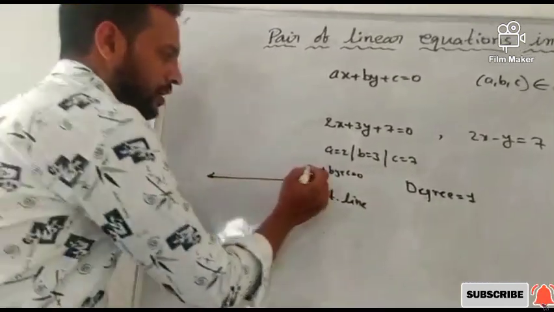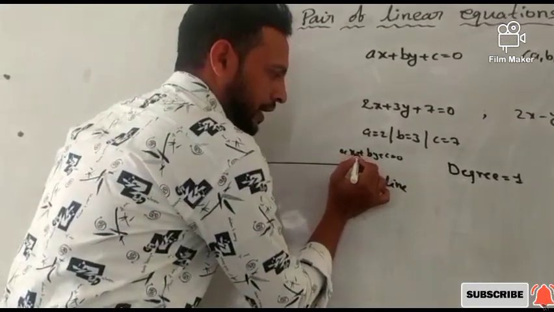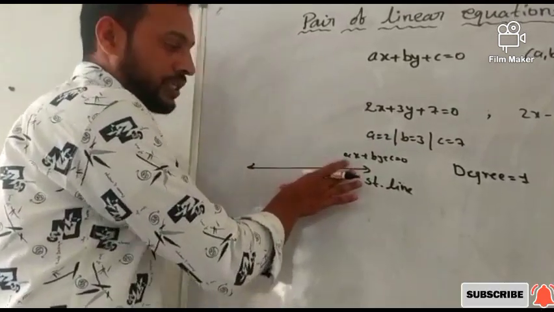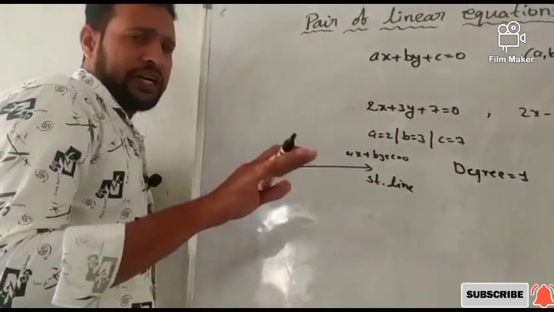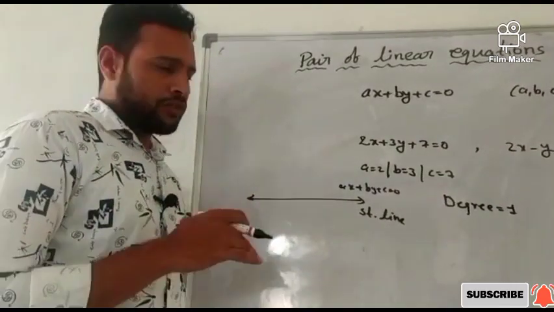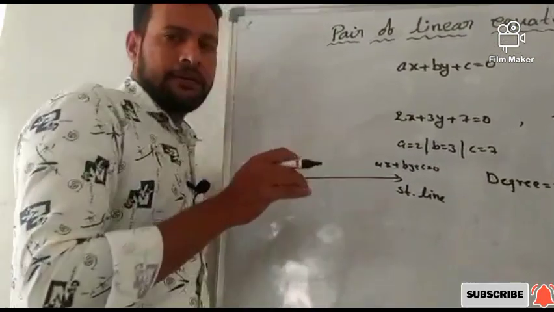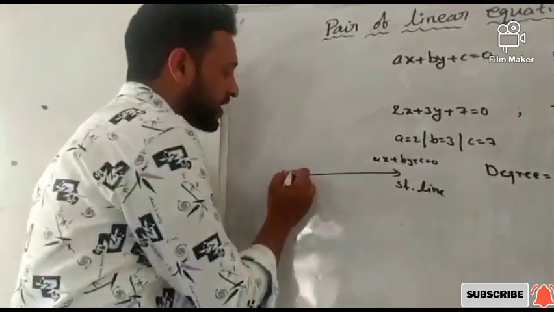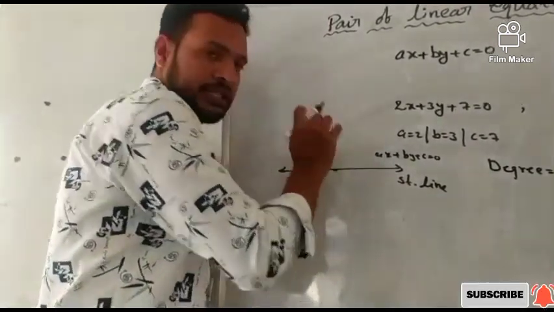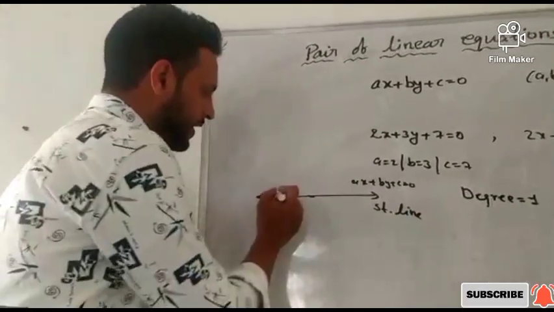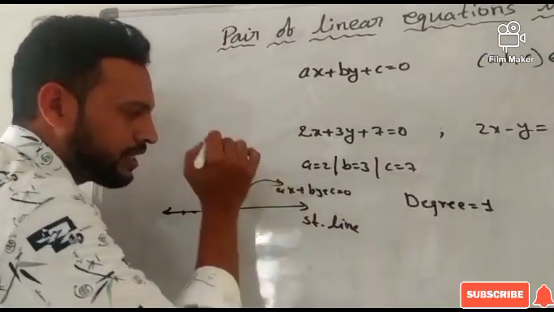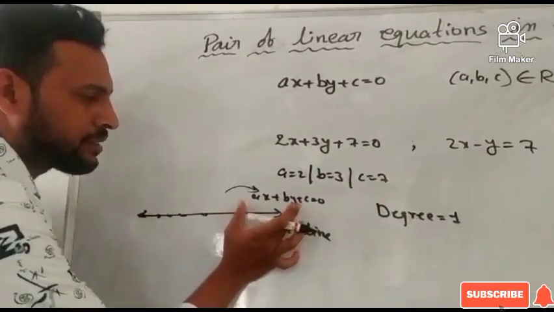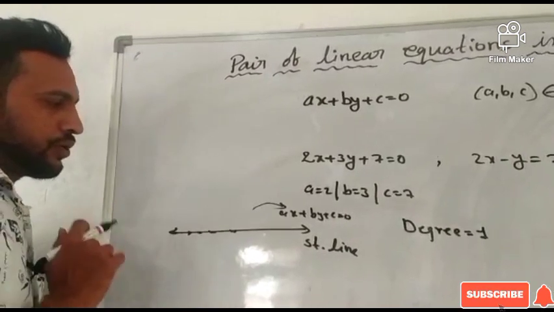Here, how many variables are there? x and y, two variables. So any linear equation in two variables always represents a straight line. A straight line has no particular definition, but I can say a straight line is a curve which never bends. Otherwise, a straight line is also a set of points, and each of these points should satisfy the particular equation ax plus by plus c is equal to 0.